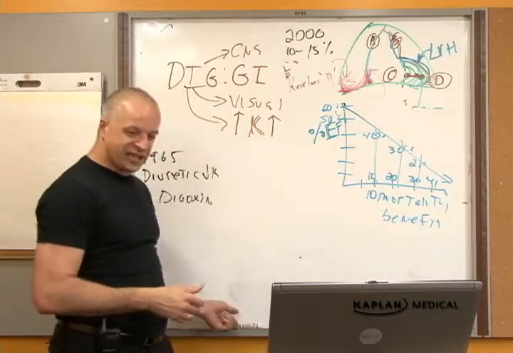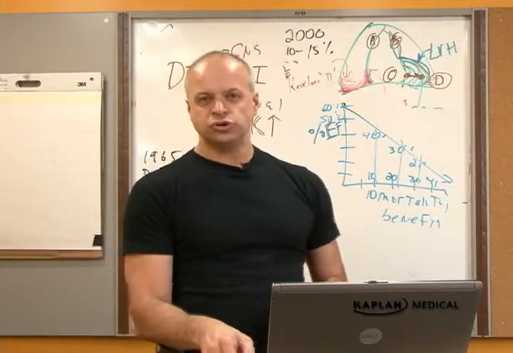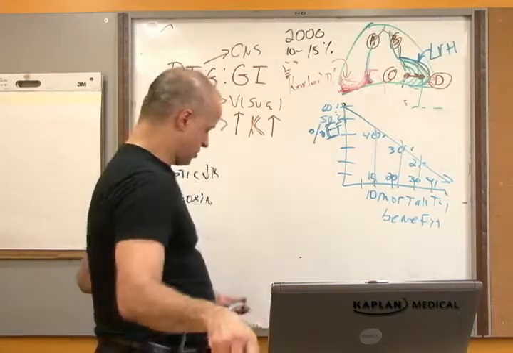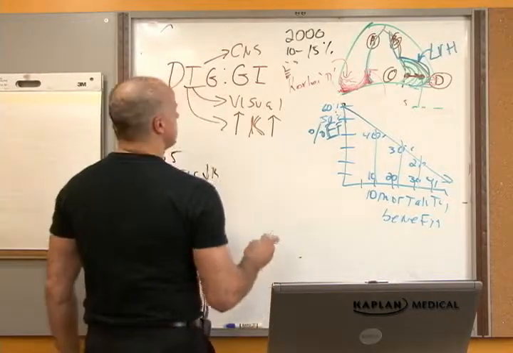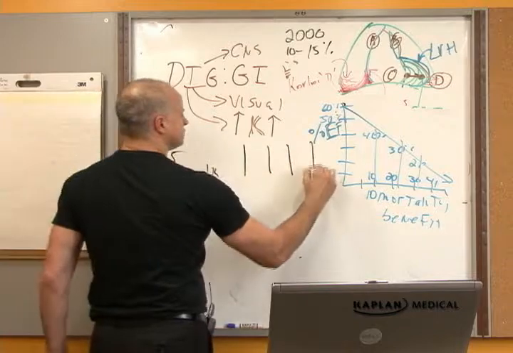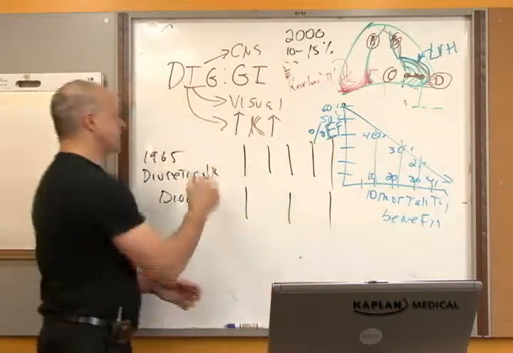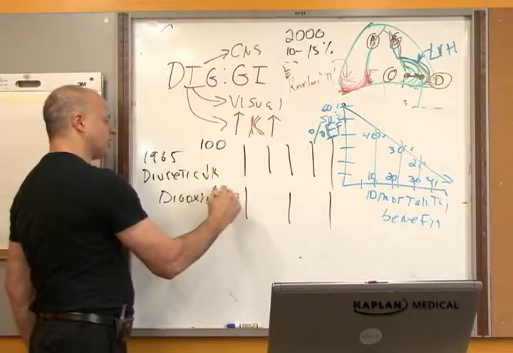Who needs a vacation the most? The sickest heart. In other words, if you go from a heart rate of 100 to a heart rate of 60,